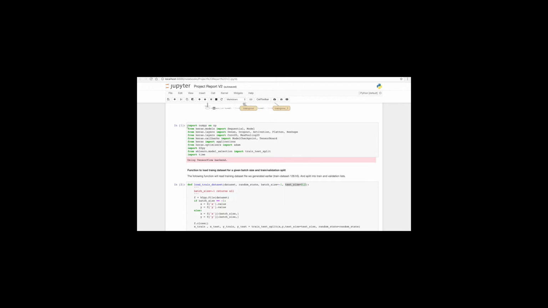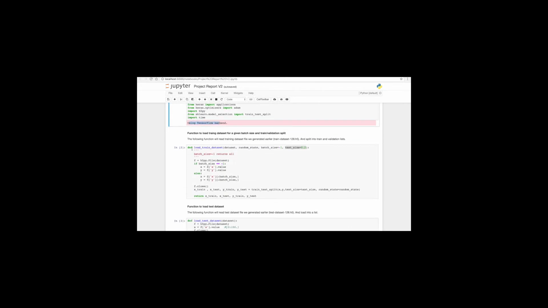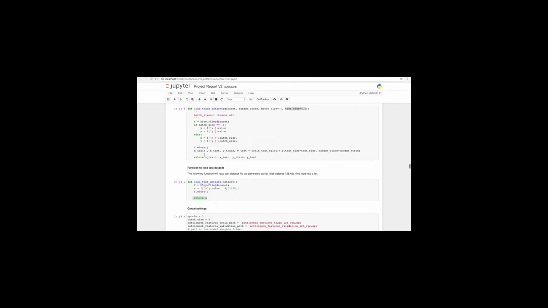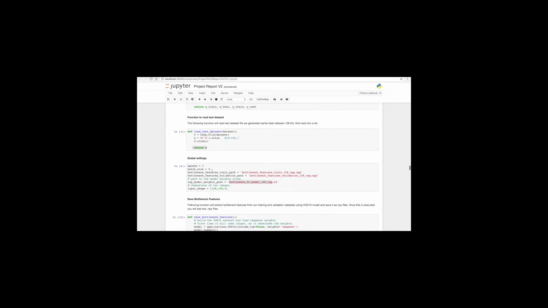So we are going to import all these packages, and we are using TensorFlow backend. Here, this function is going to load the training dataset, and this one's going to load the test dataset. Some global settings. We'll be using epochs 3, batch size 3,